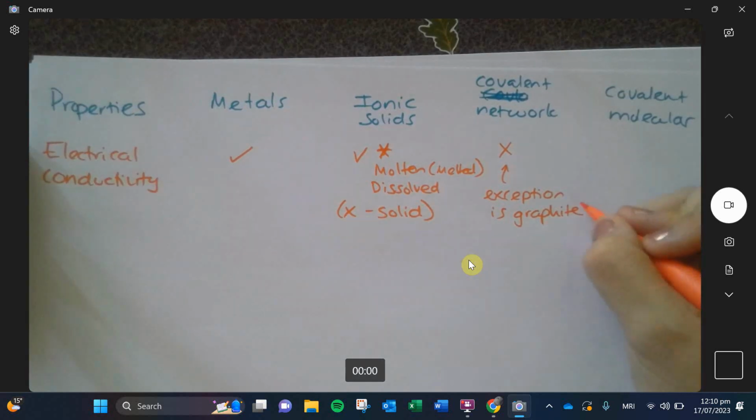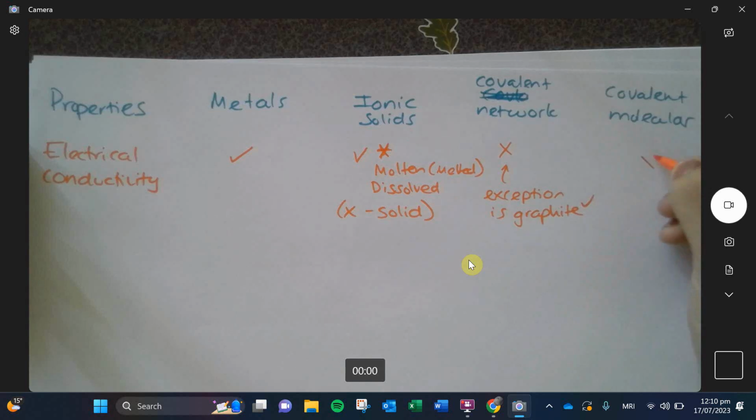So graphite will conduct electricity. Right, covalent molecular, those little molecules floating around in the air. No. Okay. Most likely for this question, or I should say in all questions in general, they are going to ask